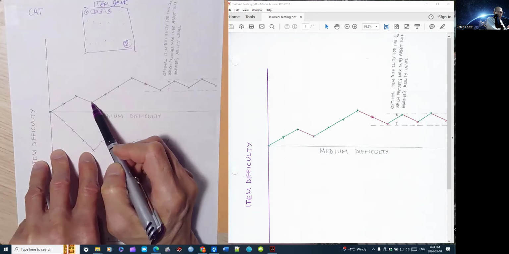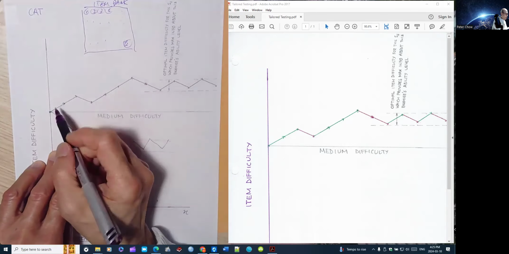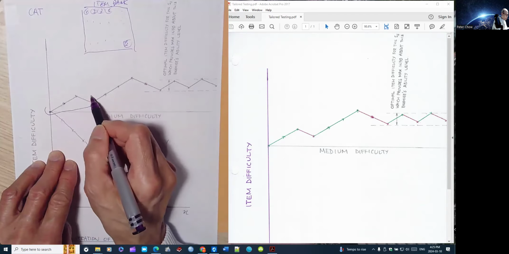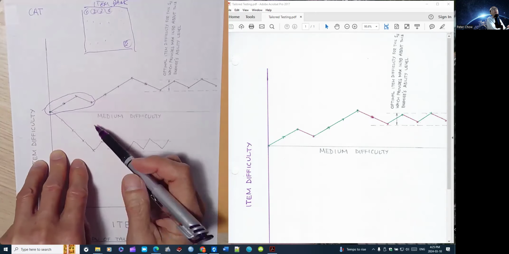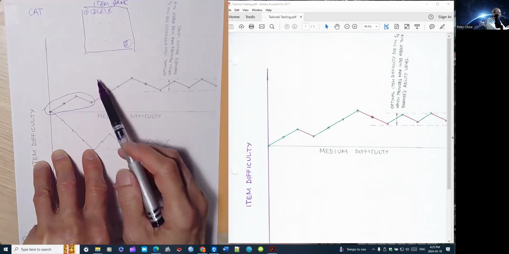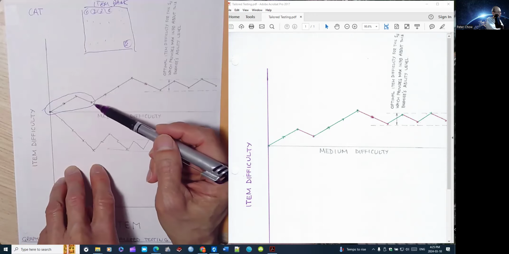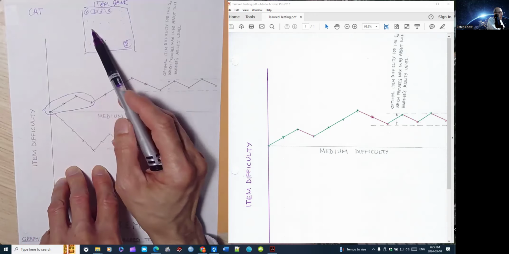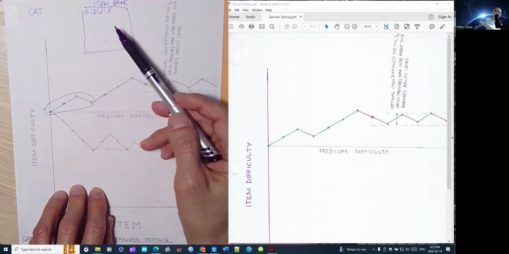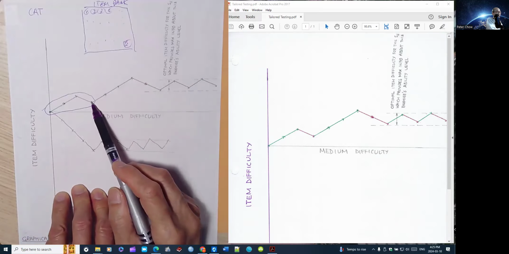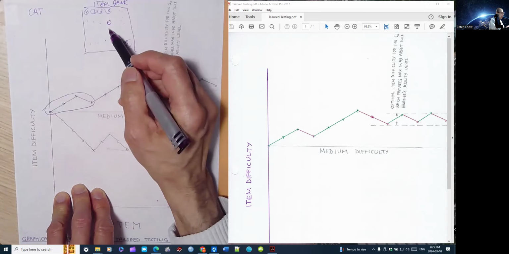But then how to determine the next item? Well, given this pattern of responses, the computer can calculate or estimate the examinee's ability, and then find the best item for an ability level as estimated here. So the best item, let's say this item is selected, and